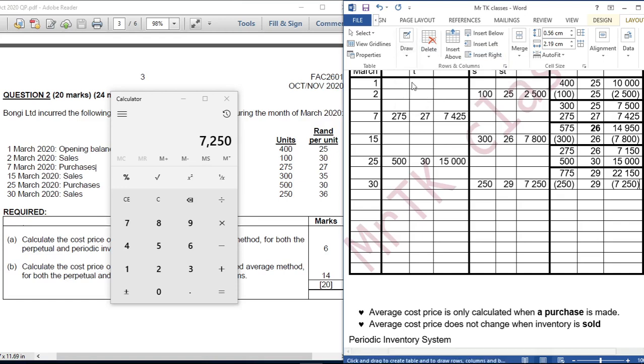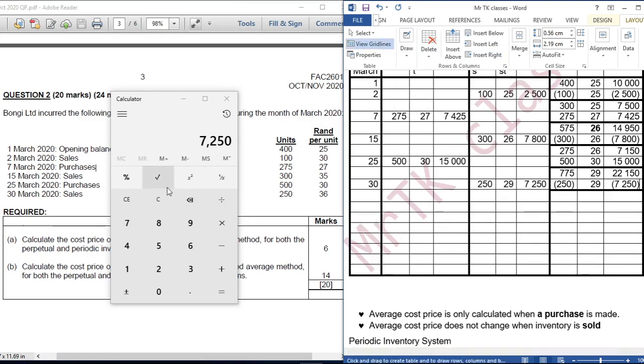Okay, so now we come here, then we say 775 subtract 250, 525, right? 525 multiplied by 29, we get 15,225. Okay, so now what we need to do,